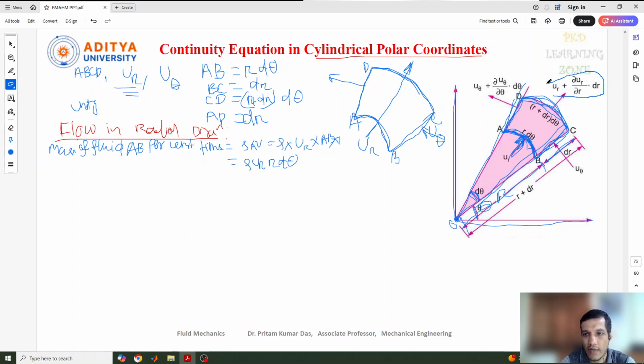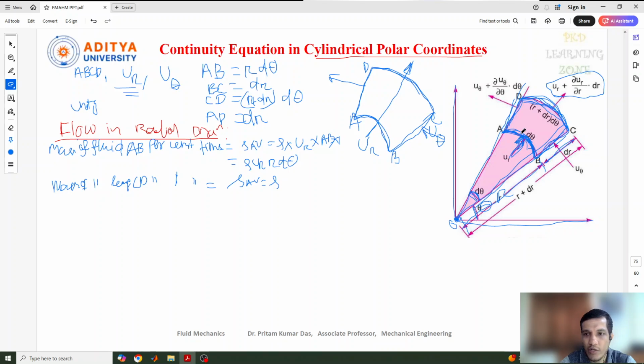Okay, so this is the value which is existing here. Let's see. Next we need to find the mass of fluid leaving here; it is entering here and leaving here, through CD per unit time. Similarly, the same formula will apply here, rho AB, where density will be as usual the density of the fluid, and the area of this CD surface,